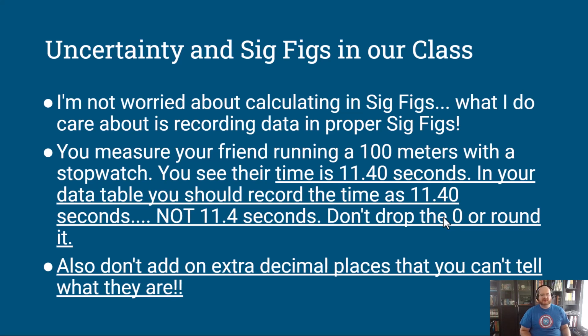So if your friend runs 100 meters and you use your stopwatch to time them and you see that their time is 11.40 seconds, a very respectable time for a high school student, in your data table you're going to record this as 11.40, not 11.4. So don't drop the zero. You actually have that value of certainty where you know this is the actual next value. And don't add any extra decimals if you can't tell what they are. This is particularly important for meter sticks, where the actual line might be in between two measurement lines,